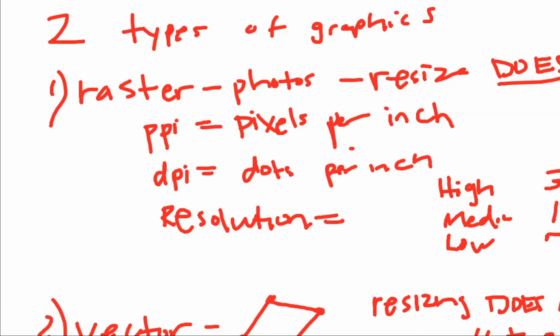quality. And so again, that's where this concept comes into play as far as where people look at something on the screen and then they go and print it out and it doesn't look as good as what they saw on their computer screen. A lot of the times the reasoning behind that is your computer screen is only showing you an image quality of 72 pixels per inch. Doesn't matter what your actual document has in it. Your computer screen is only showing you the 72 quality. So it's going to look good on your screen no matter whether it's a low resolution or high resolution image. But it's not until you actually print it out will you see the discrepancy if it's not a high resolution